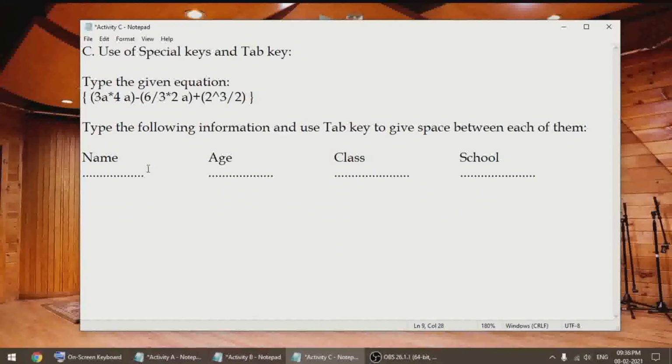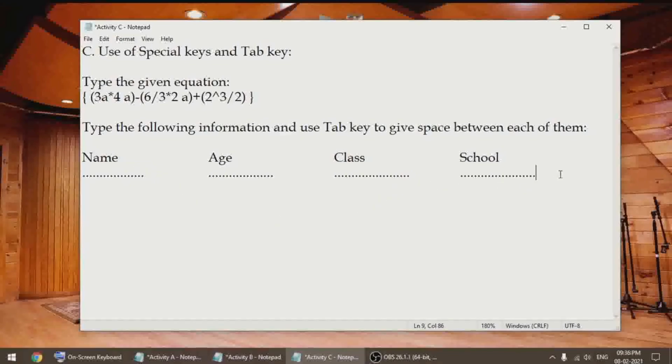You can notice that there is equal and proper space between all these. You can see the word class is exactly in line with these dots. The word school is exactly in line with these dots. Same way over here and here. Same way over here and here also.